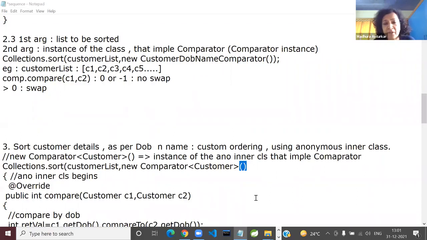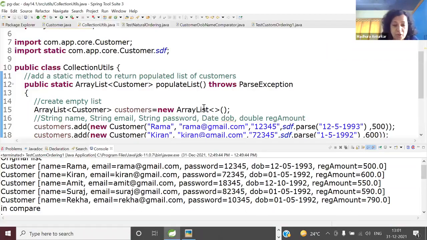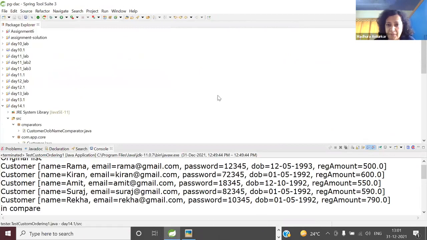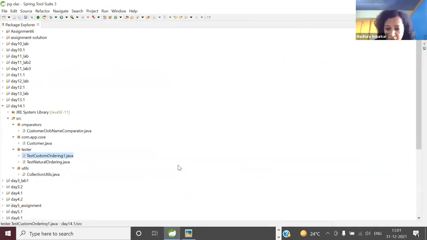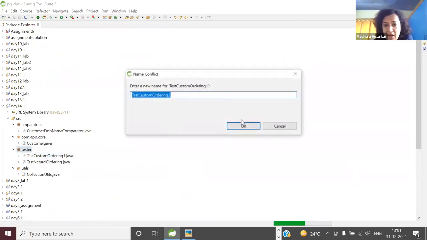Okay, so let's try it out and see whether it is working at all. So come to the code. You can say Control Shift W, close everything. And here, copy test custom ordering 1, Control C, Control V. Click on tester, Control V, and say ordering 2.